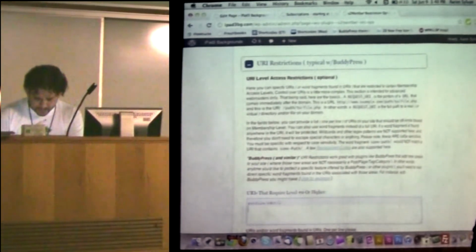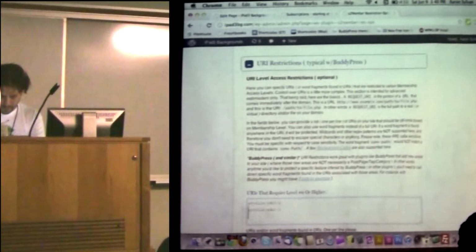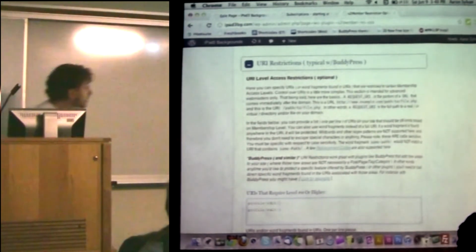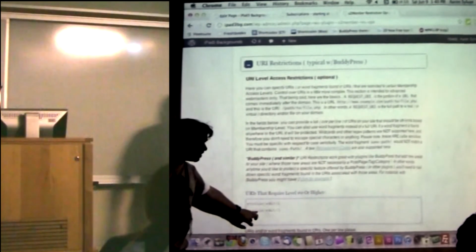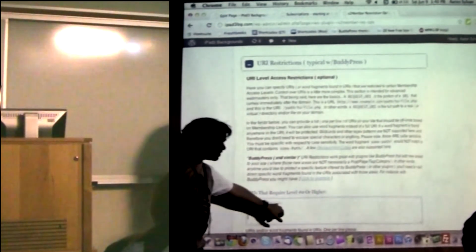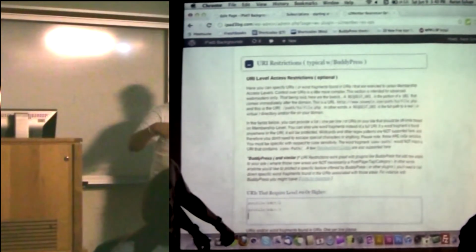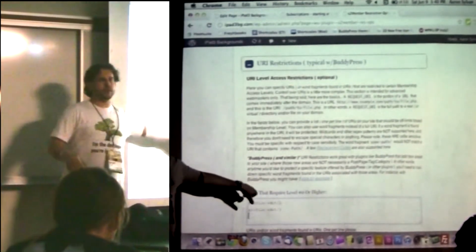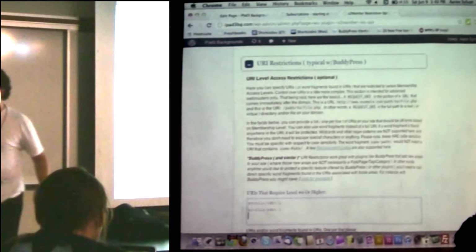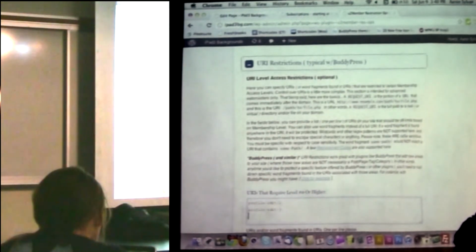I believe, I could be remembering this wrong, but I believe that having just that will stop someone from editing page 2 of their own profile or page 3 of their own profile. If I'm wrong about those URIs, it's something really similar. So you can use this to restrict,